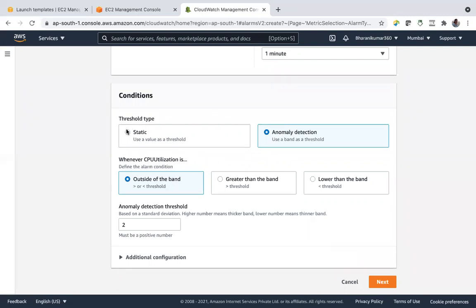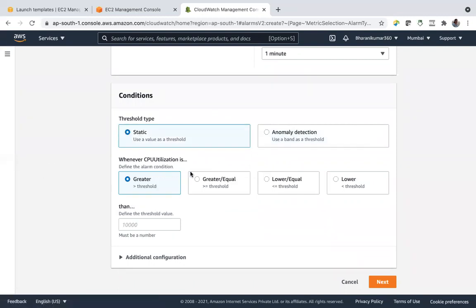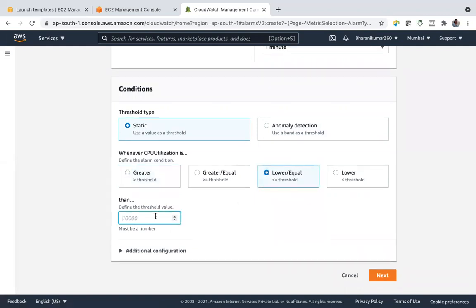Let us go for static now. And here we want to scale down. If our CPUs are getting underutilized, then we have to remove the instance. So lower than 30%.